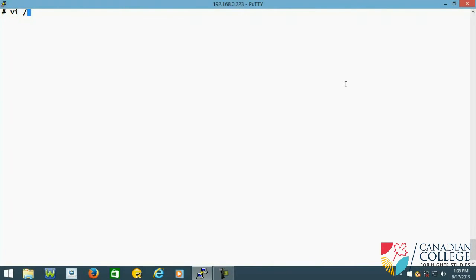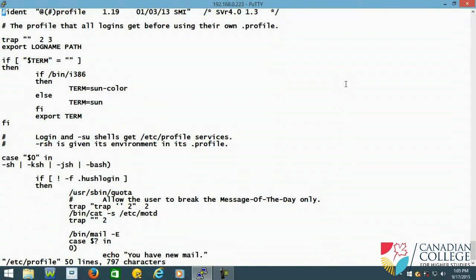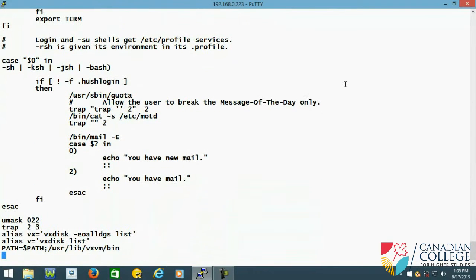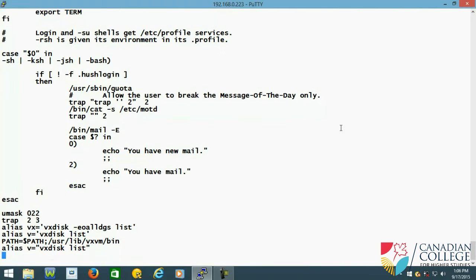a profile which is executed by all the users. So that is the profile. Because I am using bash shell, I can modify this profile, etc profile. In the etc profile, at the end I can put, I will say escape append, paste it. Alias V is equal to that. Okay, so next time, even if I log out, it will work. Escape, shift and colon, write quit to save it. Okay,